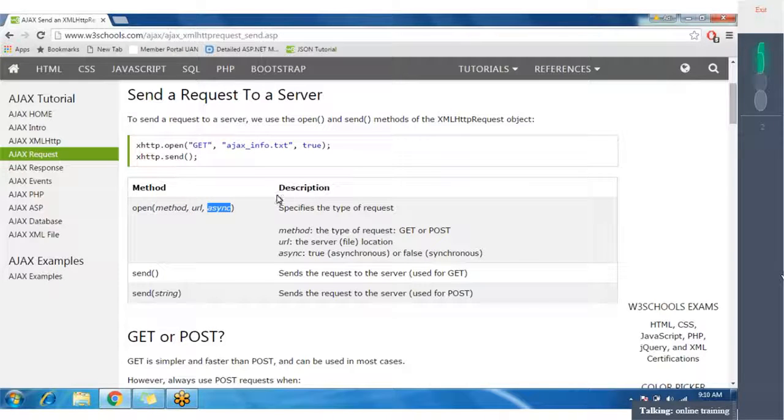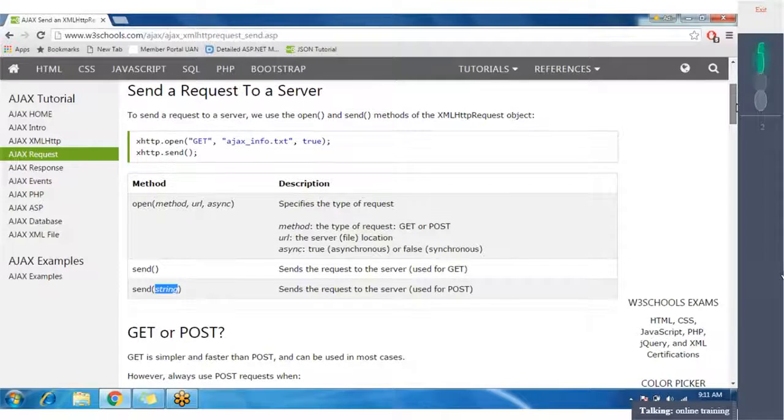Then we have the send method. Send sends the request to the server, used for the get method. The other, overloaded send method sends the request to the server for the post method. Get or post? Get is simpler and faster than post and can be used in most cases.